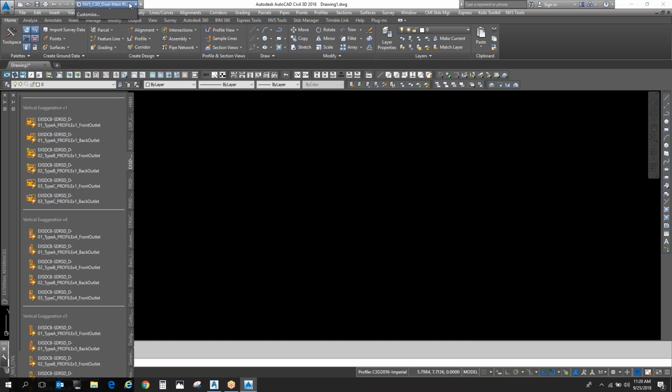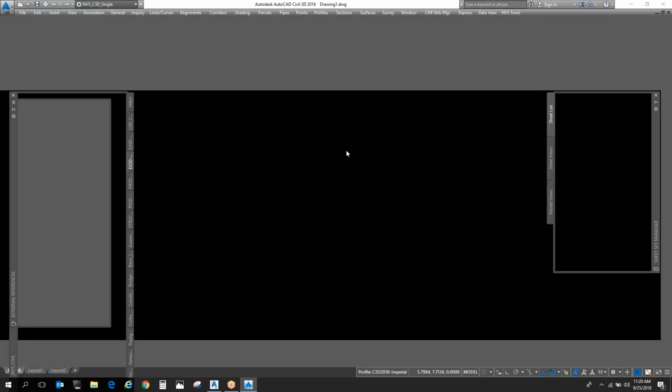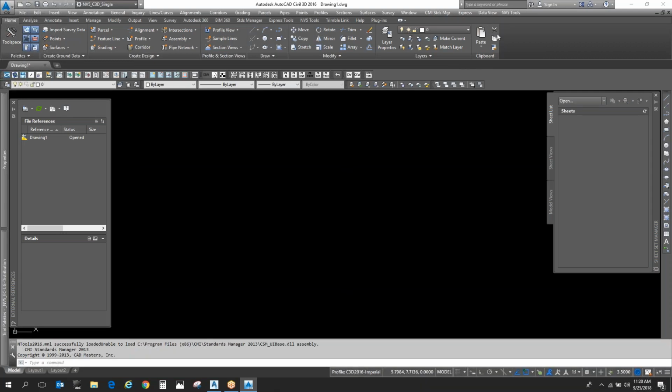Let me switch my CUI workspace. And I just ran the update, but I noticed some things aren't included, so I'll look at that. My next comment was going to be there's a couple things that are included in the new CUI, such as Raster Design and Smart Draft, neither of which show up. So for Raster Design, the important thing to know is menu load. If you type menu load,